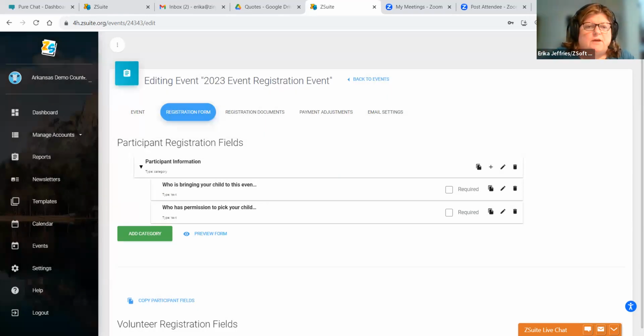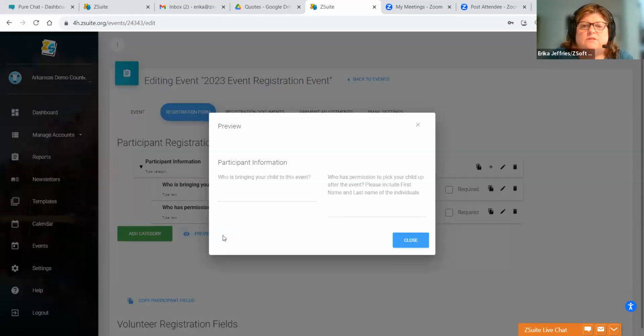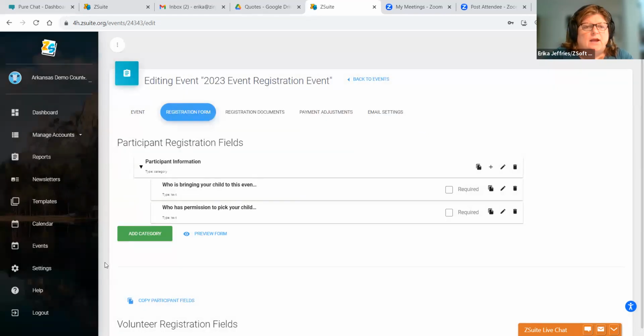So who has permission to pick up your child? Please include first name and last name of the individual. So disclose who those individuals are. And then if you wanted